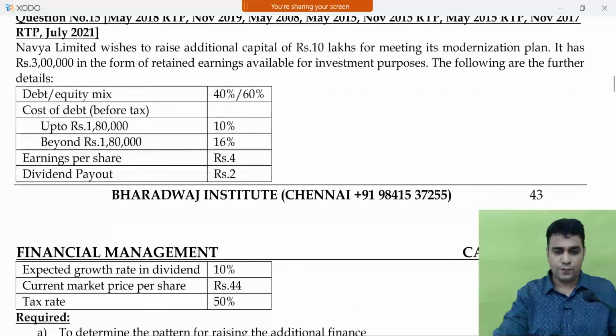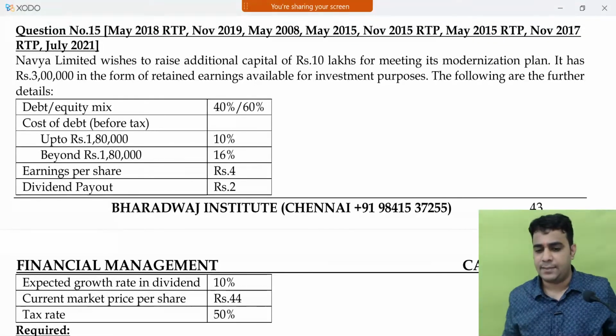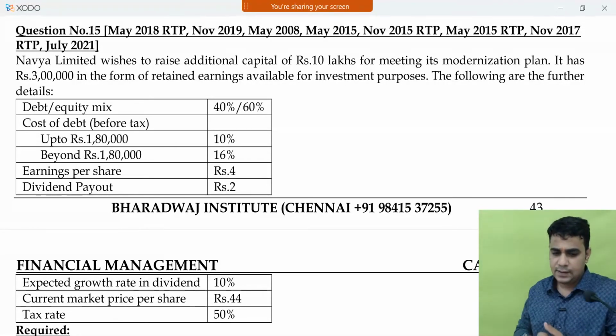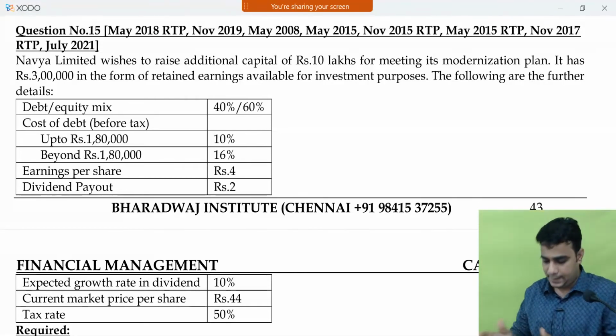Okay, go through 15. I think this has come so many times in exams as well. Frequently tested area, RTP, MTP exams. Nothing much is there in the question, but because of it being tested so many times,